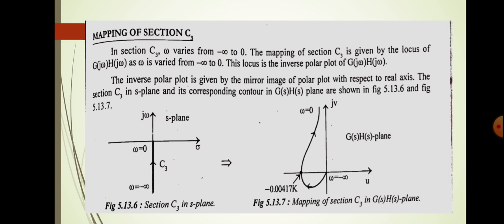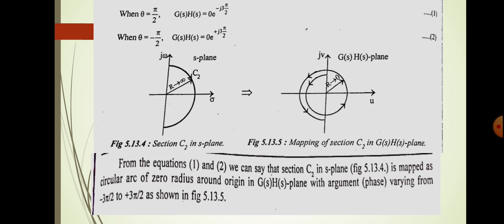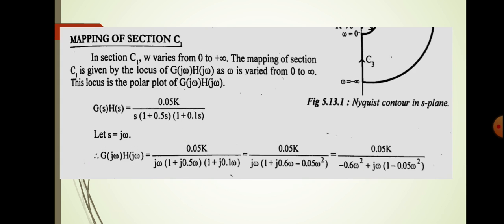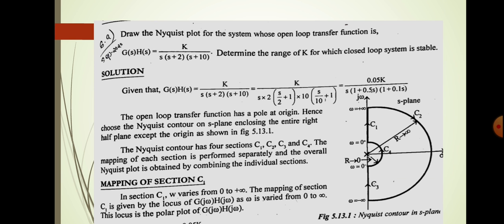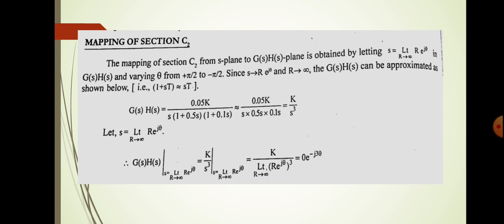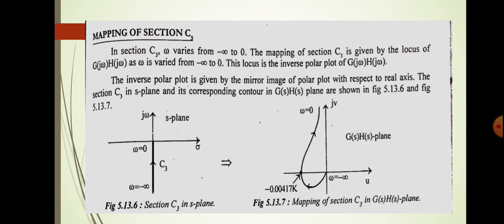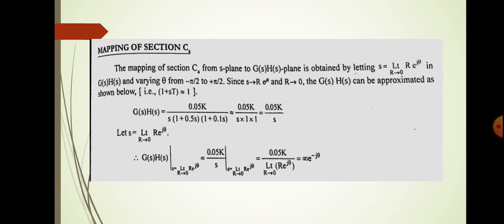Okay. Next one we have to plot is C4. Next section is C4. We have plotted C1, C2, C3, and next we have to plot C4 section. In the case of C4,